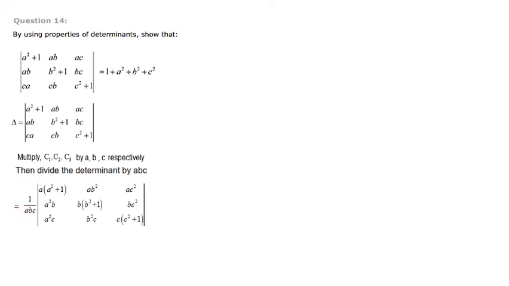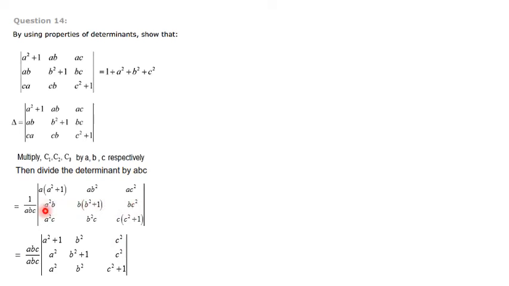Then when you look at the rows, here you can see a. That means a is common here. In the second row, if you check, b is common. Third row, again, c is common. Take out a, b, c. So from the first row, a going out means it is a square plus 1, b square. From here, a going means c square. And in the second row, we are taking b outside.